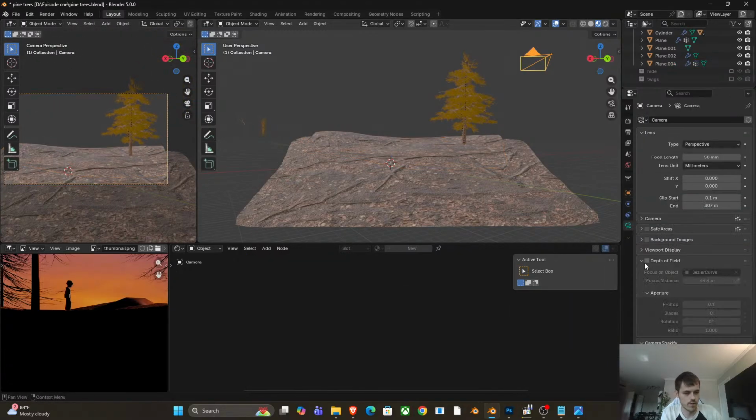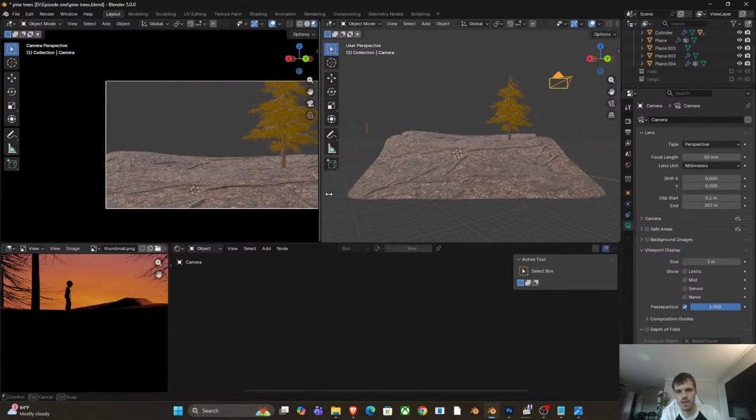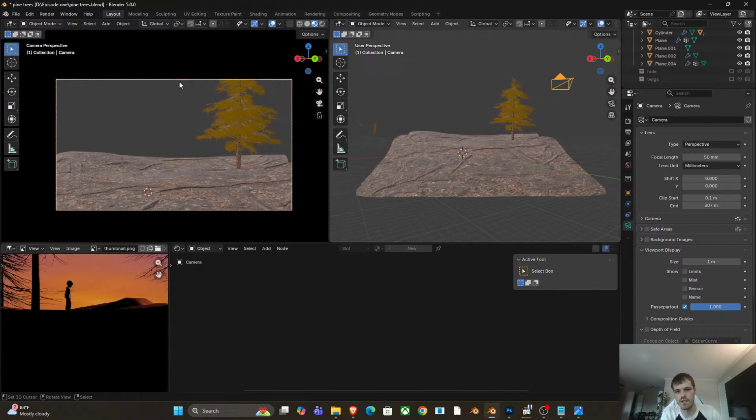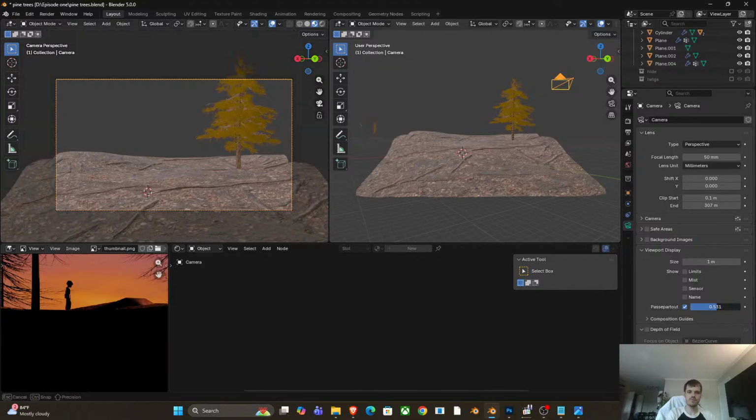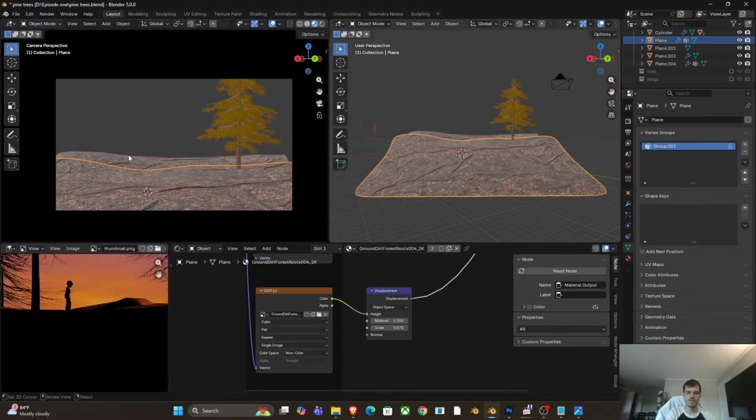Turn out the passport. I like to turn it off anytime I'm looking through the camera. I like to make the outside of it black. That way you can actually see what's in the frame. Sometimes you can just visualize the scene like that, but it's not very helpful for visualizing the final shot,